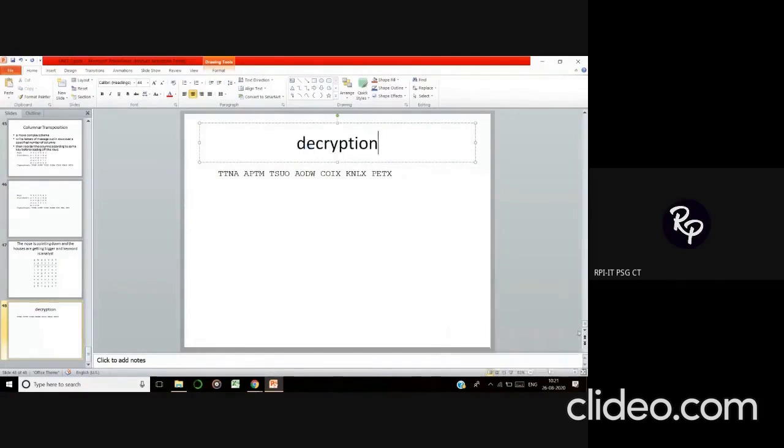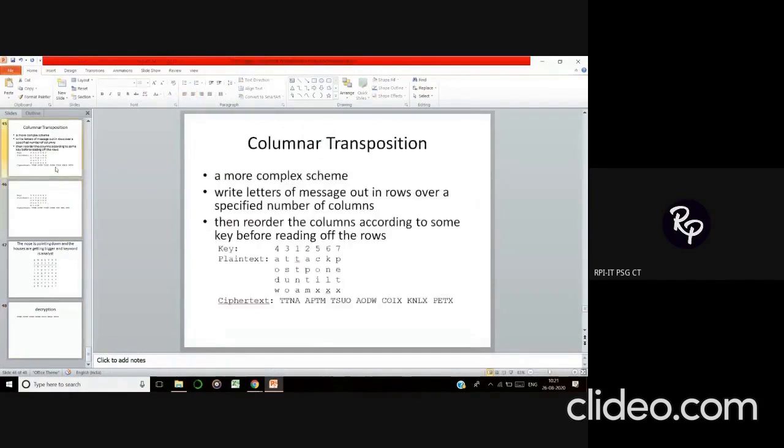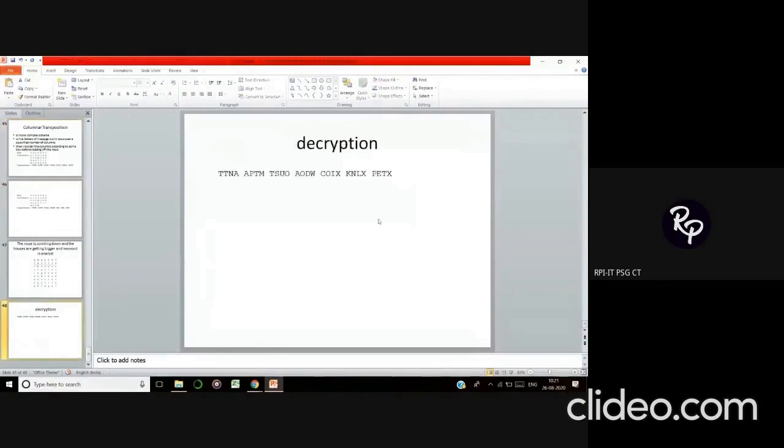So now coming to decryption, first of all, the key value will be given to you and the ciphertext will be given to you, and you need to find out what exactly is the corresponding plaintext.